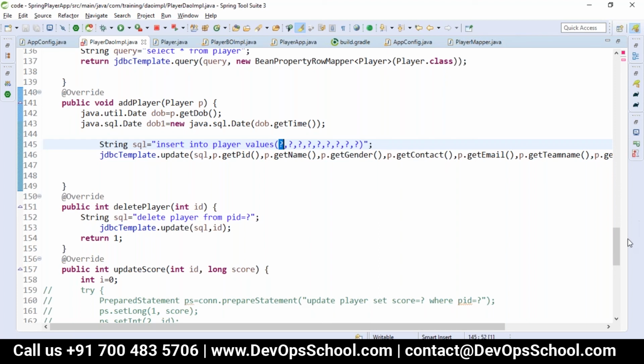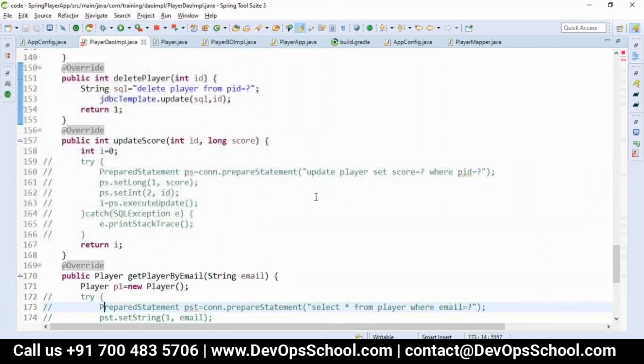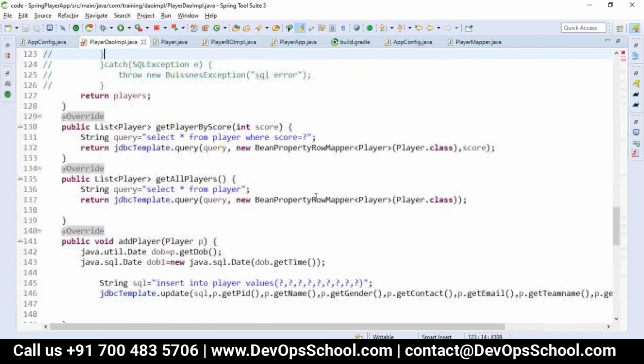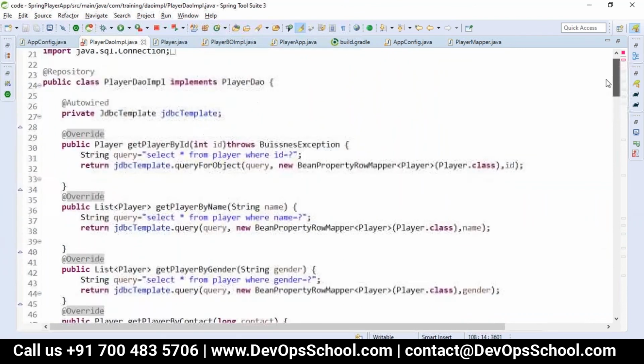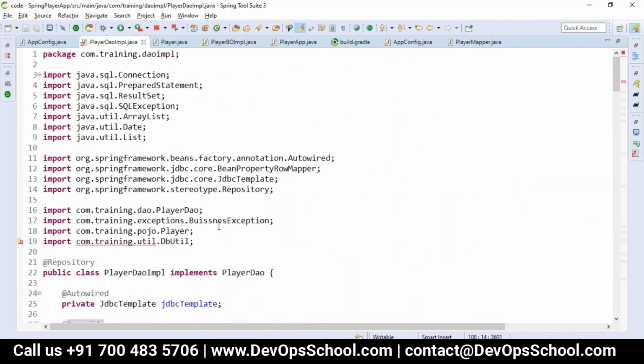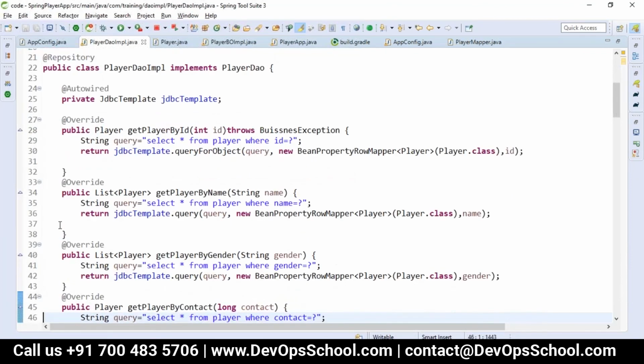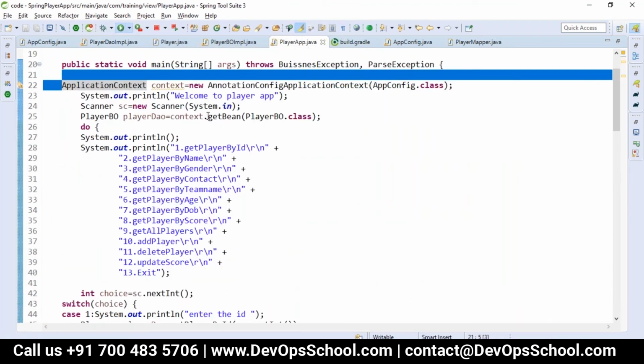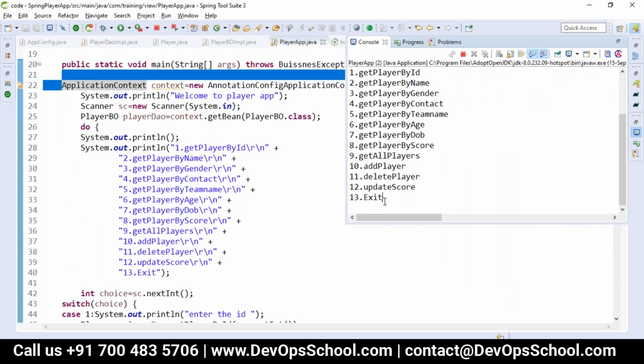Okay. So that's what we are doing with respect to Spring JDBC. That is, with the JDBC template we can do it, or the named parameter JDBC template. If you're working with stored procedures, we have JDBC call, or stored procedure classes are there. So those are the changes with Spring JDBC. Let me go to my player app and execute it. It will work as expected, as it was working previously, giving the list of players.